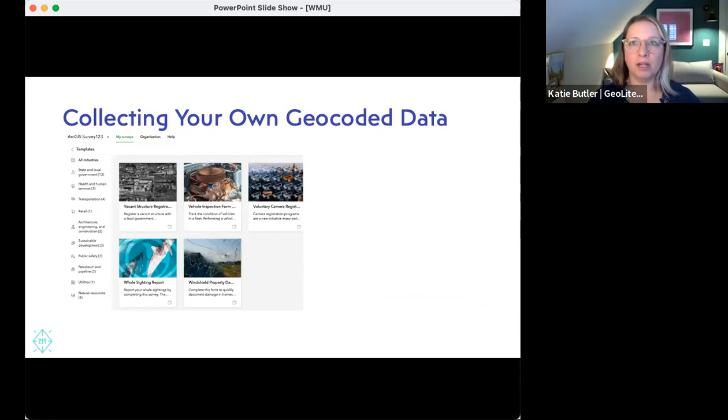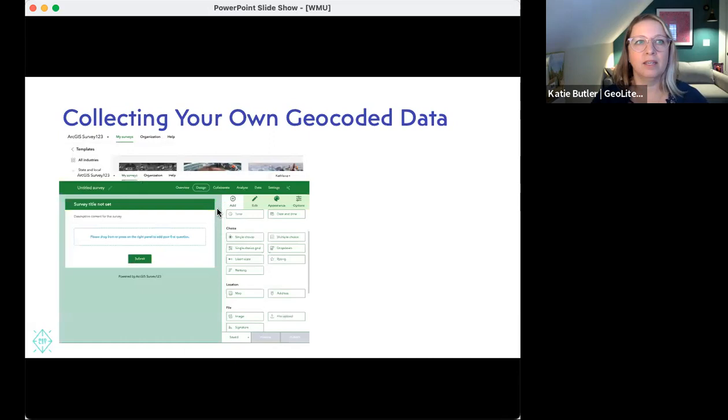One of them is, y'all may know about or remember Survey123. A great survey tool. Well, Esri, the company that owns ArcGIS, has purchased Survey123. So that is great news for those of us who want to geocode our data. You can go into ArcGIS and click on the Survey123 button and build a survey that will geocode responses. So here's an example of the form that you use to set up this survey.